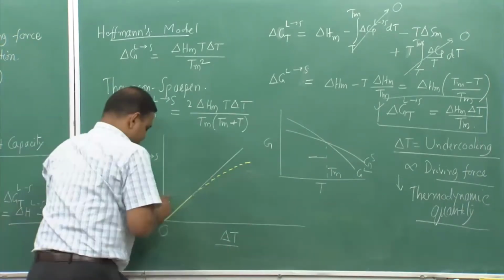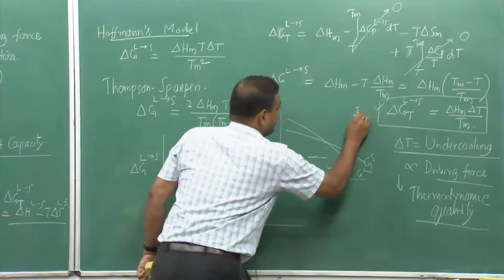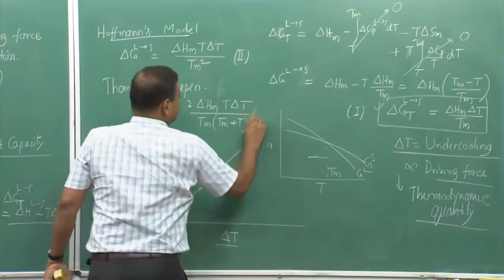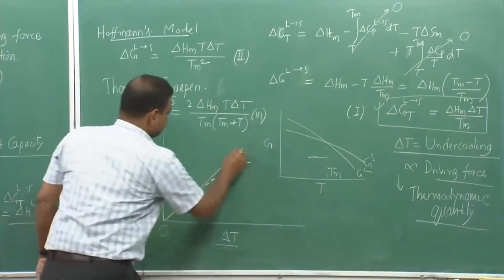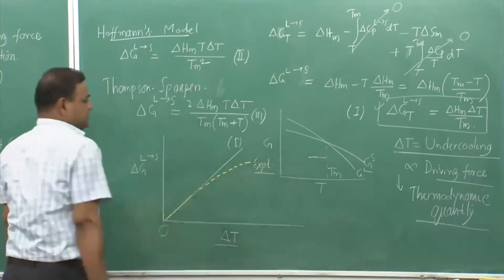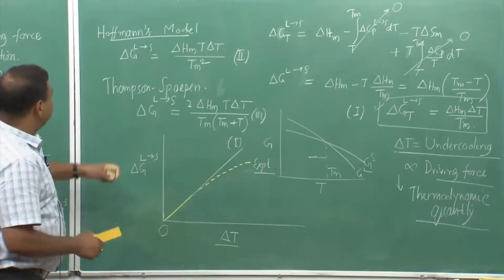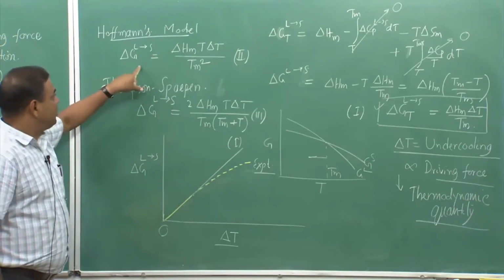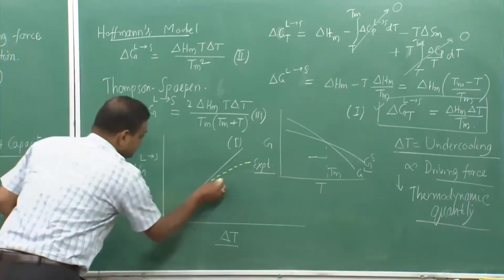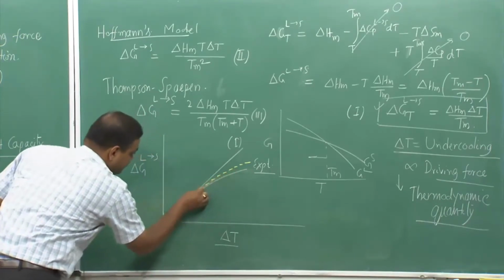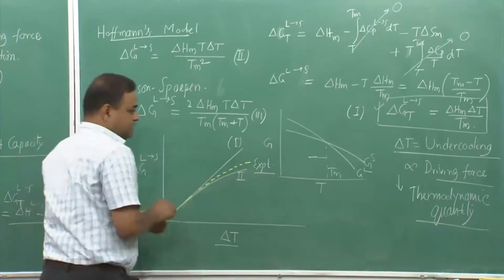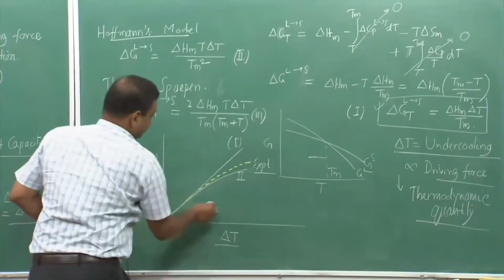This is my, let us say this is my expression 1, this is my expression 2, this is my expression 3. So, this is expression 1, this is experimental. Now, if I try to plot these model values del G, the plot would be, if I try to plot this